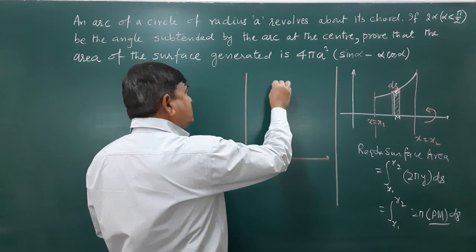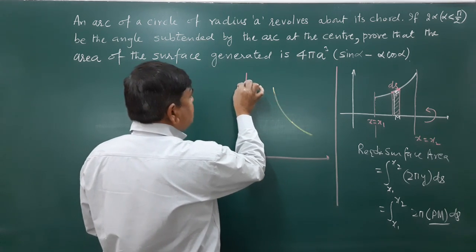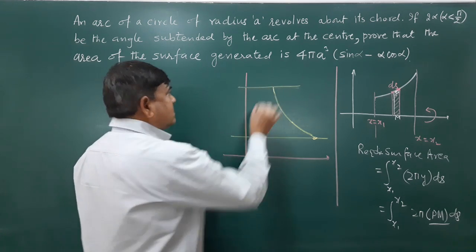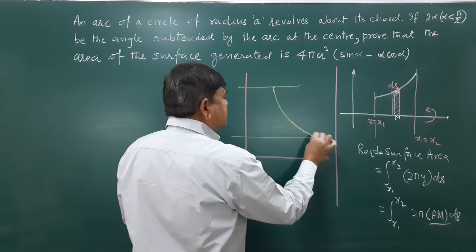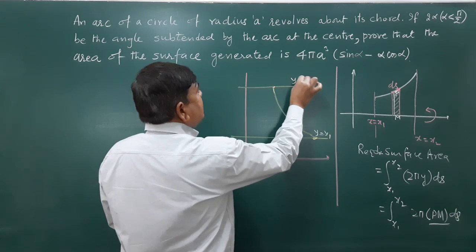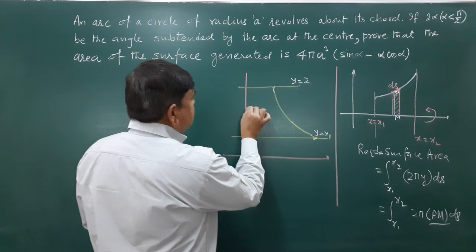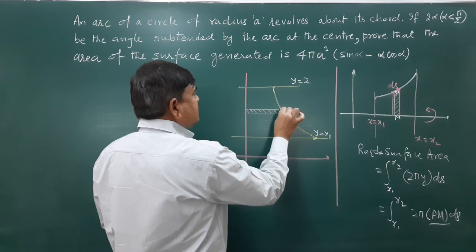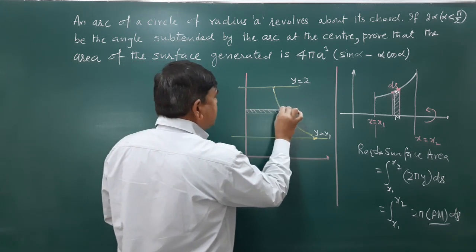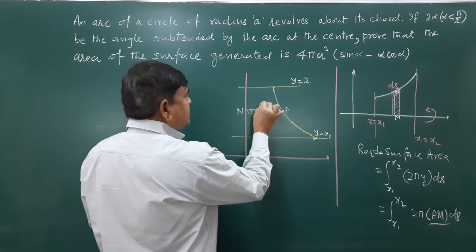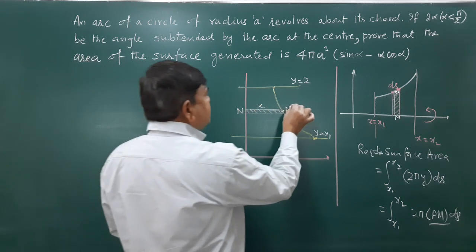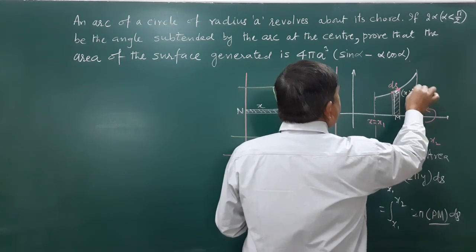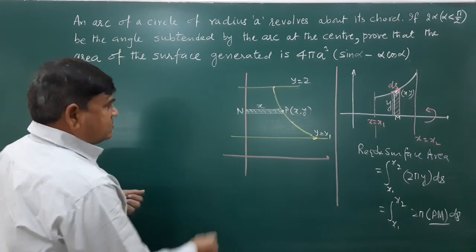Now instead of this, if it is rotated about y-axis, then you see the limit, this is y equals y1, y equals y2, and this is the perpendicular, like this. This is the strip, suppose this point is P, and here this is N, then this will be x. If the coordinates of P are x comma y, then this is y. So required surface area,